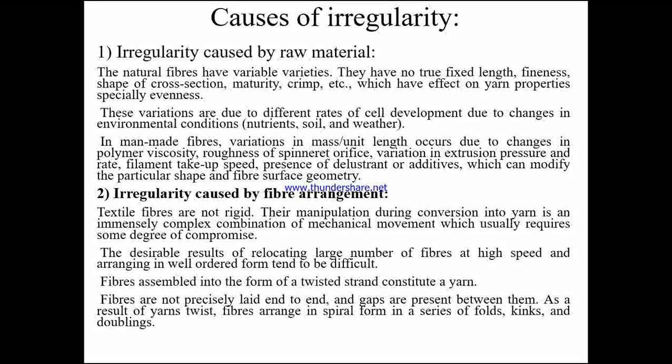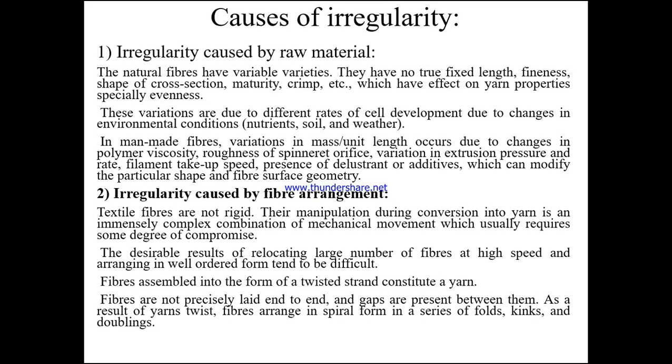Now come to the next point. Number 2, irregularity caused by fiber arrangement. So textile fibers are not rigid in nature, they are flexible. Their manipulation during conversion to yarn is an immensely complex combination of mechanical movement which usually requires some degree of compromise. So basically textile fibers are not rigid, they are flexible. So now we are imparting twist to the textile fiber. Now textile fiber will behave